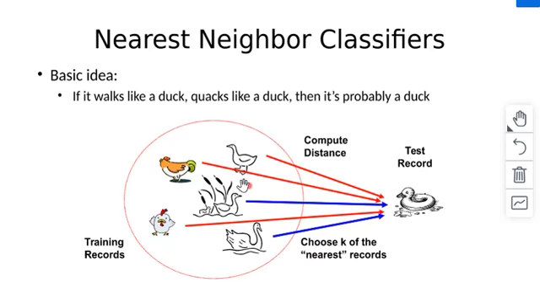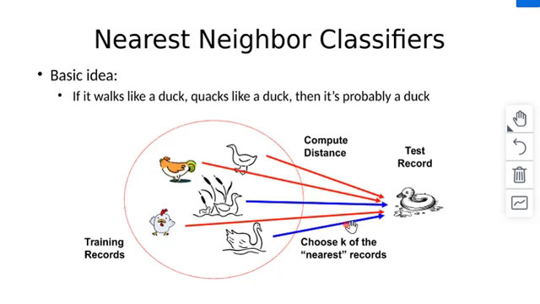K nearest records means what? If you see this picture, you can make out that this is near, this is near, and this is near. These records are near, so that's why it is called k nearest. K nearest means the number of records having closeness, or similar characteristics, with respect to the test record.